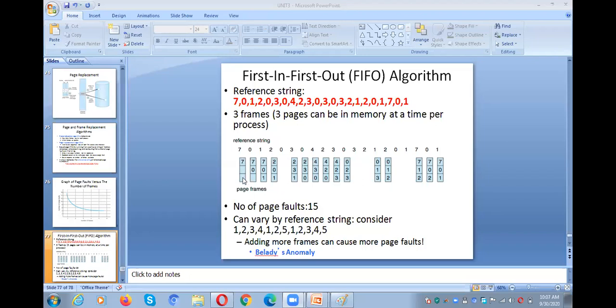Initially all the 3 frames are free. Why only 3 partitions? I already told you, the assumption in our problem is that for a process only 3 frames are available. So these are frame 1, frame 2, frame 3.